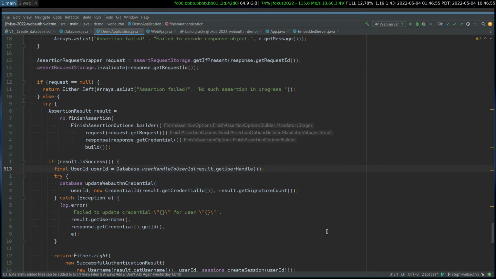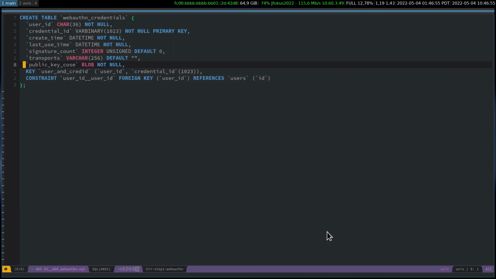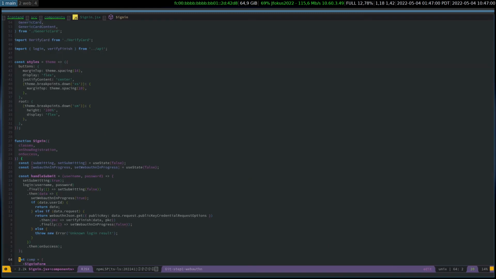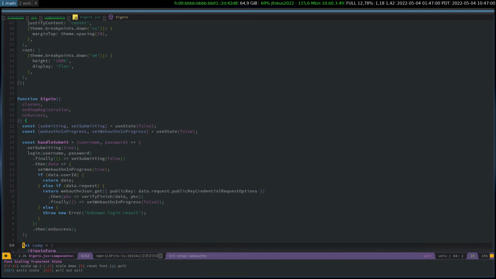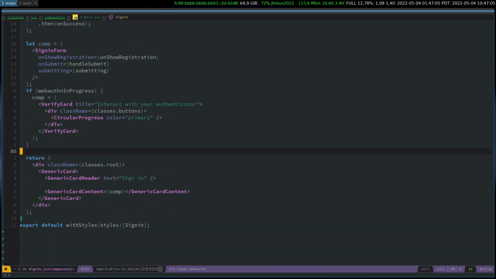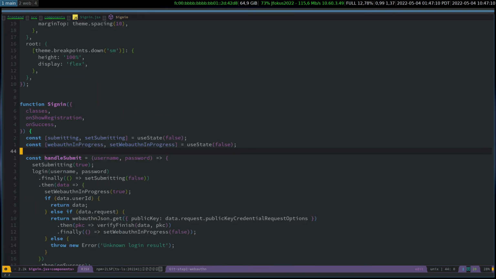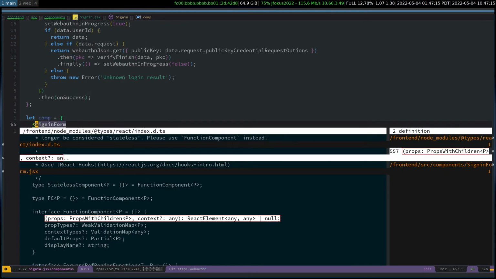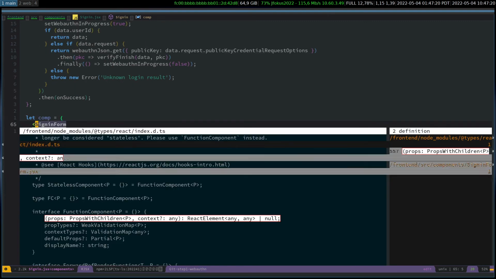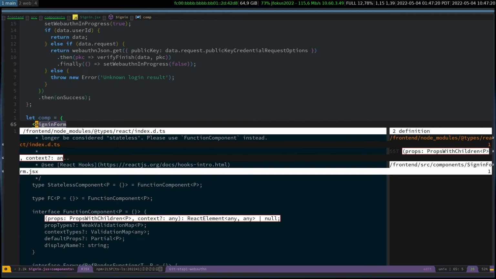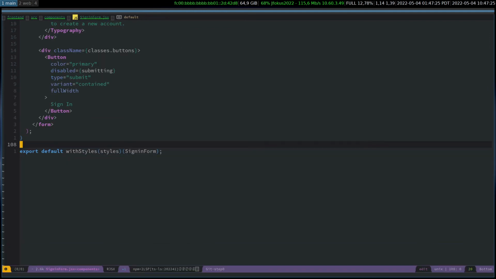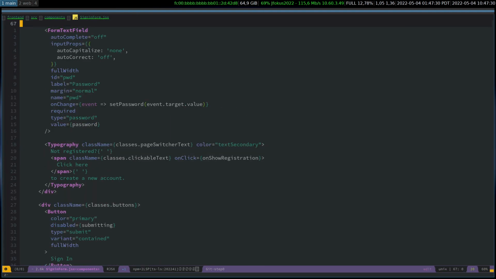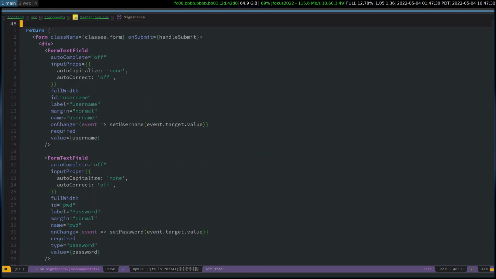And let's also take a look at what this looks like on the front end, where we have this sign-in component. This is a React application. Here we go. So we have this sign-in form. The sign-in form is just pretty much a plain form, which has a callback that's going to give us back